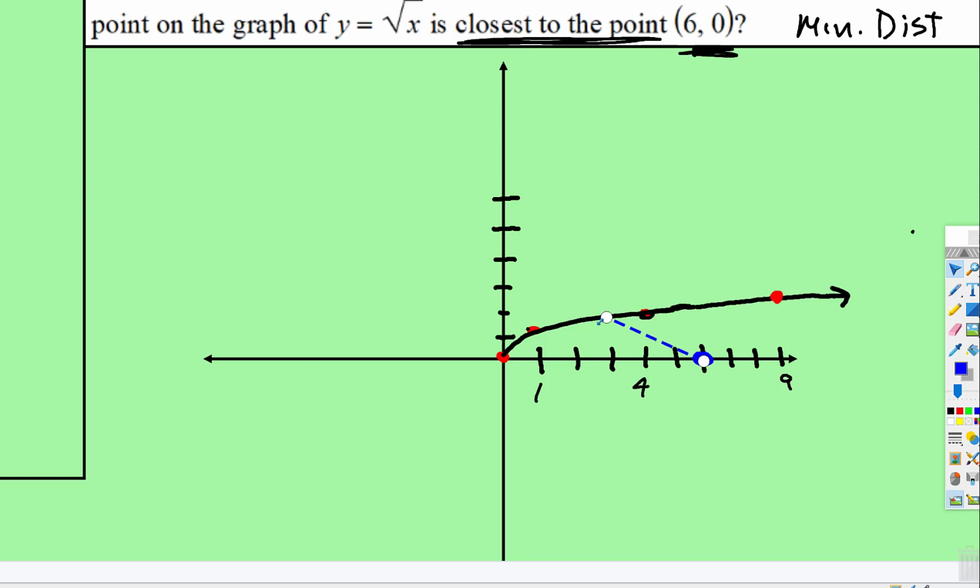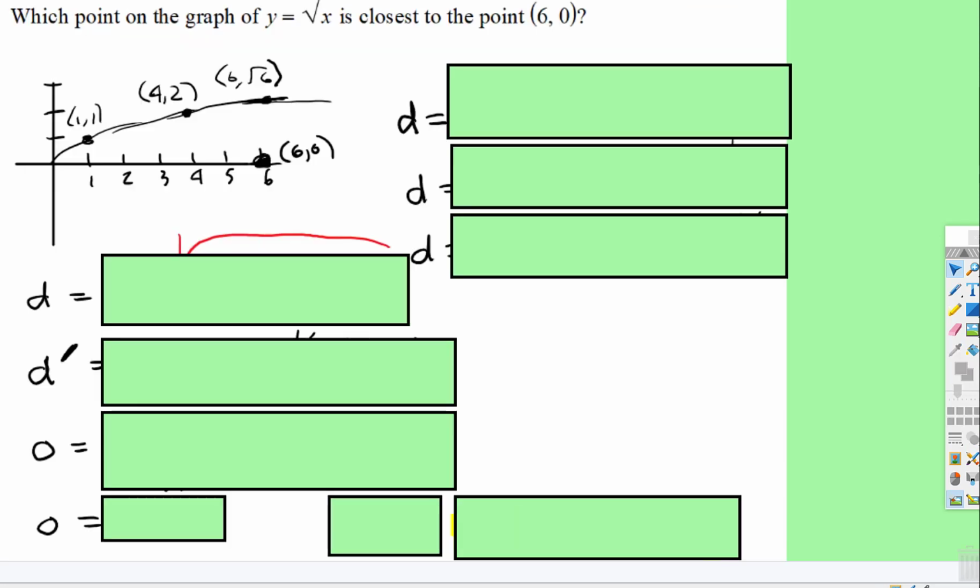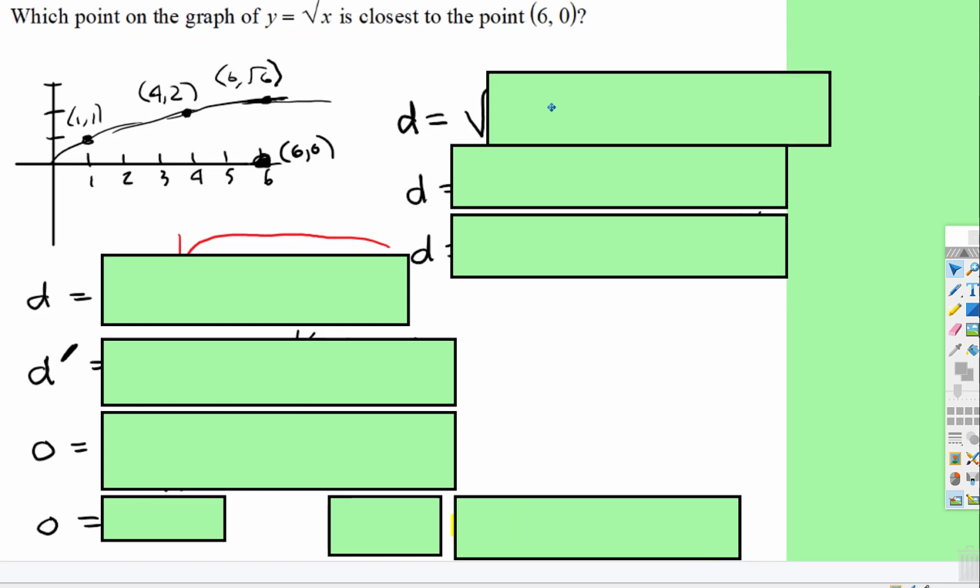And where will this distance from this point to this graph, where will it be minimized? All right, so that's what it's asking. So the distance formula, remember, let's do it this way. The distance formula